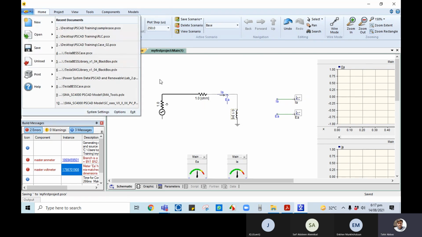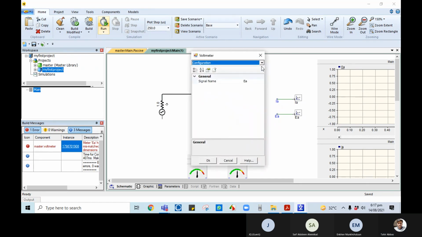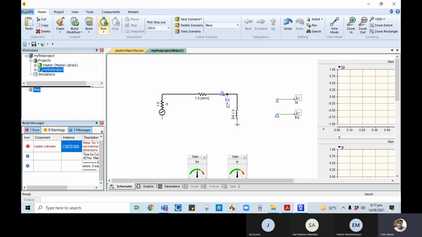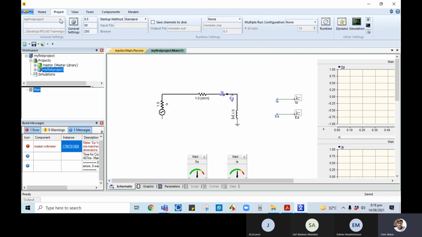and then run your case. We can change tools and components, and then